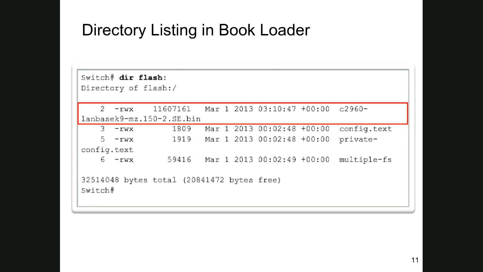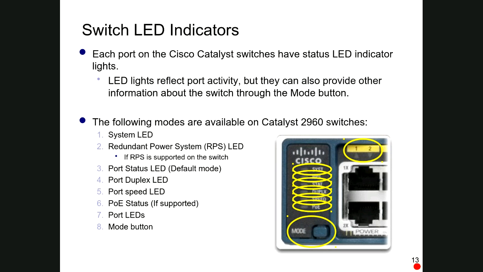Now looking at the hardware, looking at the front panel, there are some lights on there. Later on, when we do password recovery, we're going to look at that mode button and use it as a means of resetting the password if you get a job and no one knows what the passwords are for the routers and the switches. There are lights above every port that light up to tell you if you plugged a wire into that port. They normally turn orange for a few seconds while it's checking for broadcast storms and loops, and then turn green